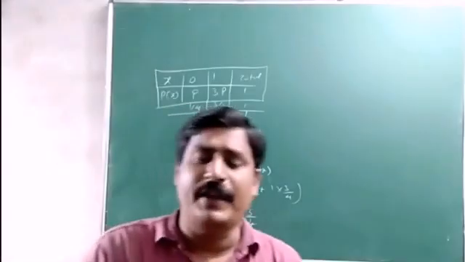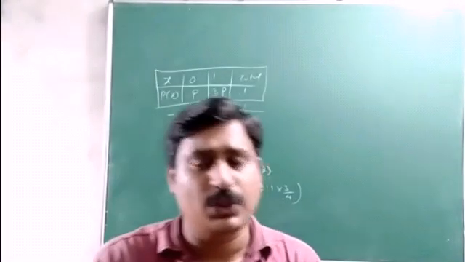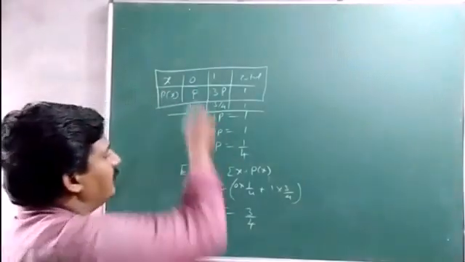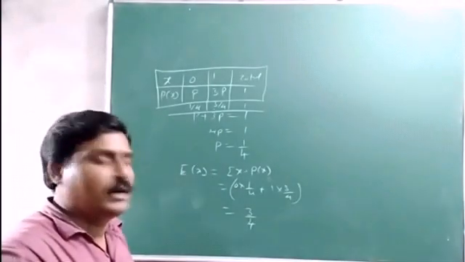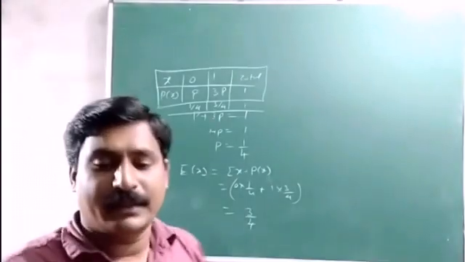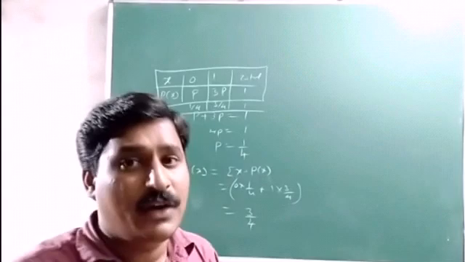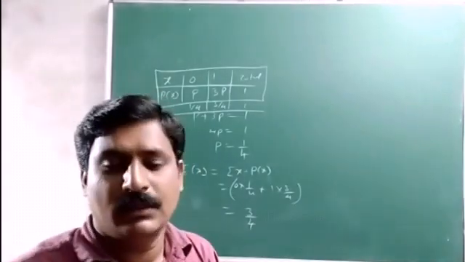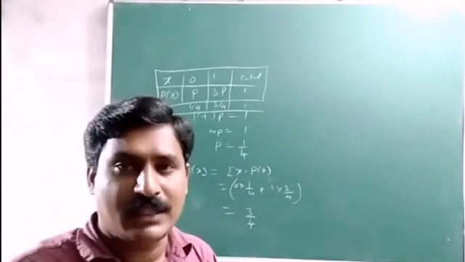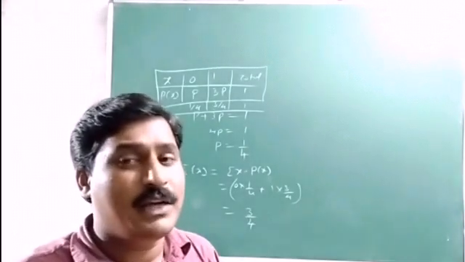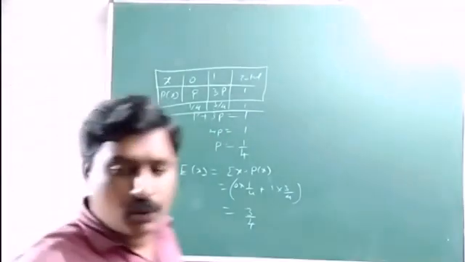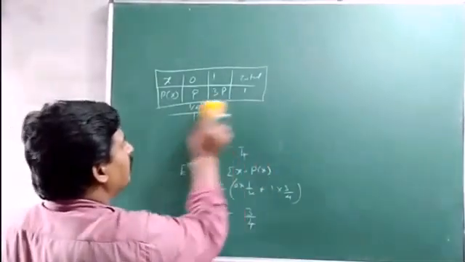So variance of x, again we can show in two different forms. One is finding all the required values in the table itself, or else taking them directly like this. So what do we need there? We need E(X) which we already found, and now we want E(X square). First I will go with the table itself, then we'll go for another way.